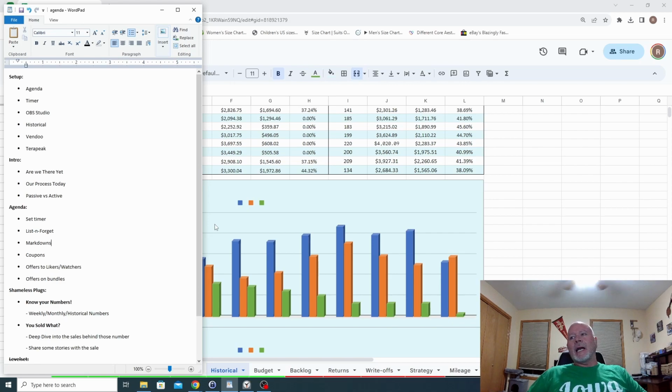So that's kind of my spiel on passive versus active reselling, and where we're at today, and what our mindset is, and just how we're running our business. It may change. Stick around, keep watching. That strategy may change. Might have to pivot. It all depends on what's selling, how it's selling, and